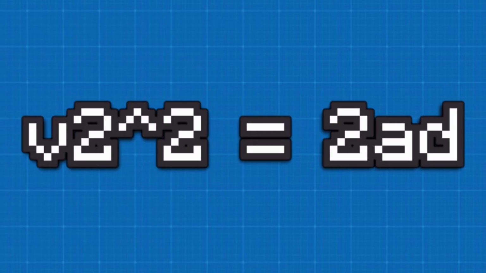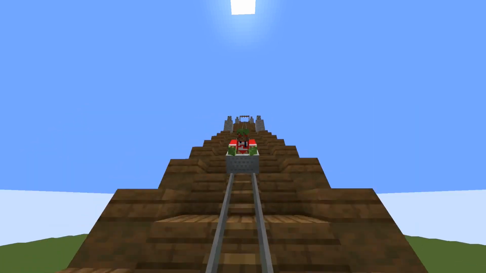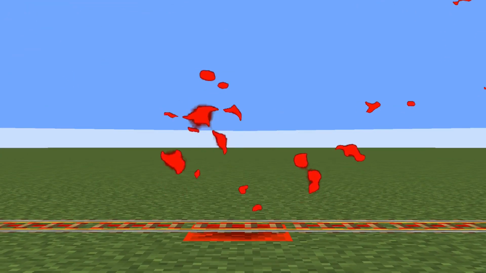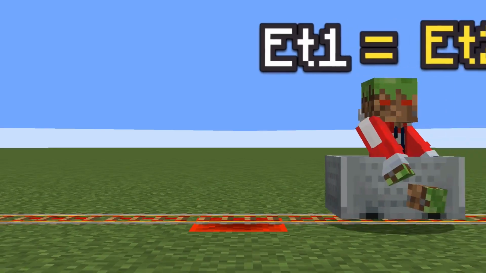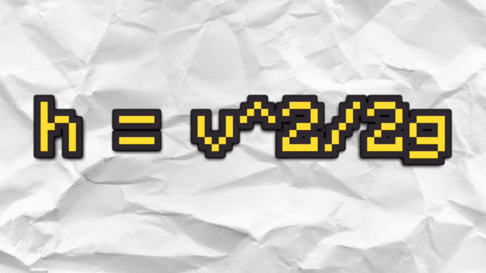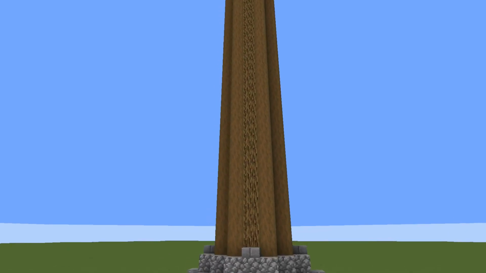Using this kinematic equation and subbing in our values, the velocity of the cart at the bottom of the drop is a breakneck 103 meters per second. Now, to know how far up the hill our basically now rocket cart can go, we can use the law of conservation of energy that tells us that the energy going in is equal to the energy coming out. By using this formula, which is derived from kinetic energy down here and the gravitational energy up here, we'll first substitute our known values, 103 meters per second and 32 meters per second squared, giving us a final height of